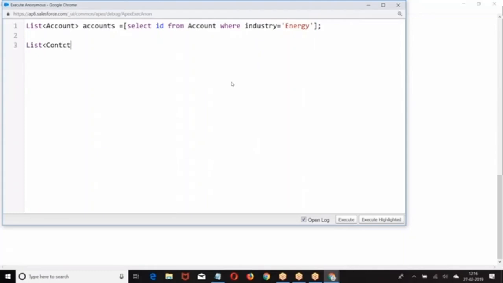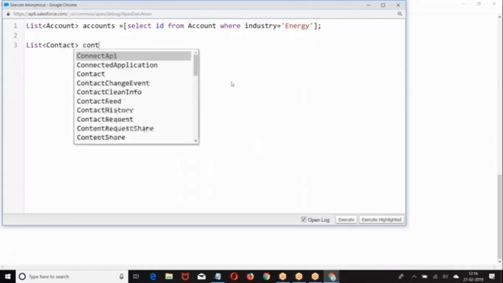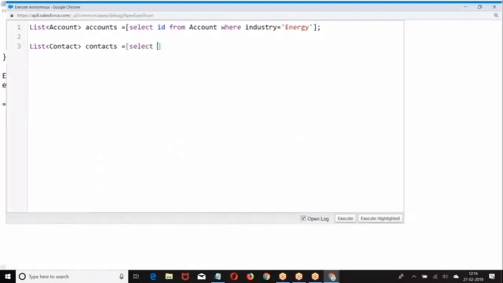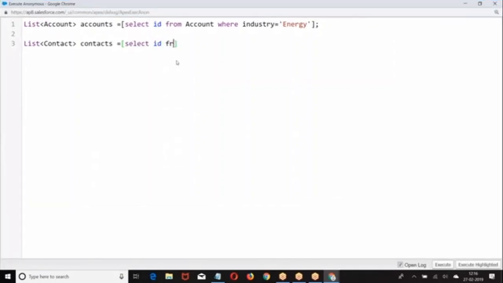Then I'm giving, listen to the point carefully, Contact where AccountId in. Now what does it mean? Get me all the contacts of those accounts whose industry is energy. Am I right? I wrote a SQL query to fetch account IDs. Then I said, get me all the contacts where account ID is in that list.